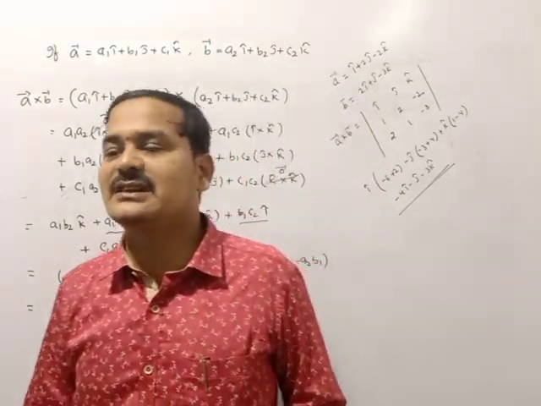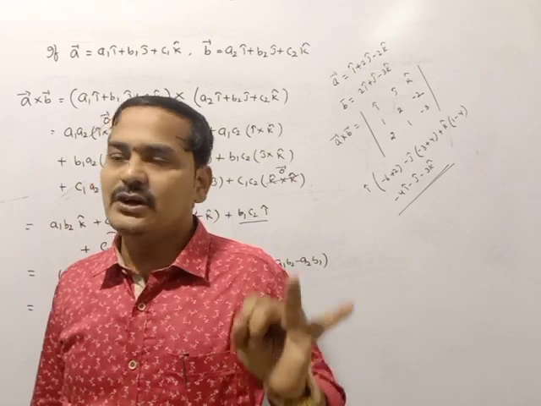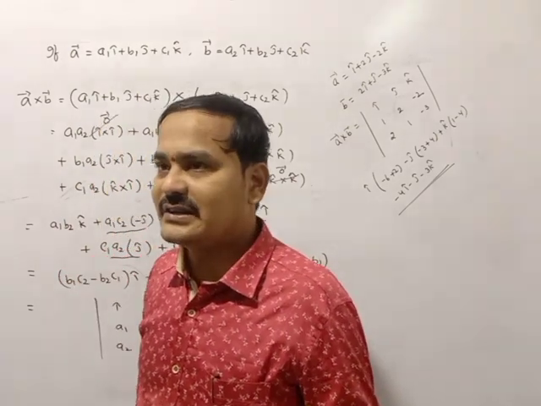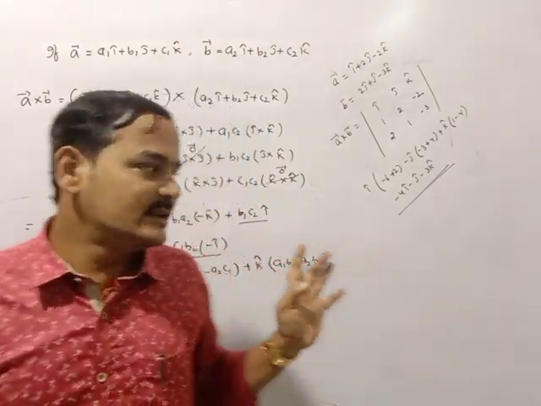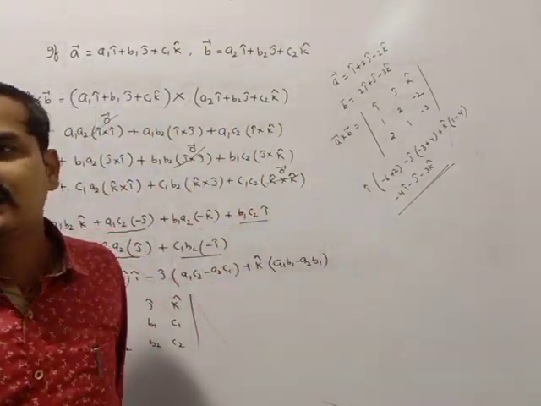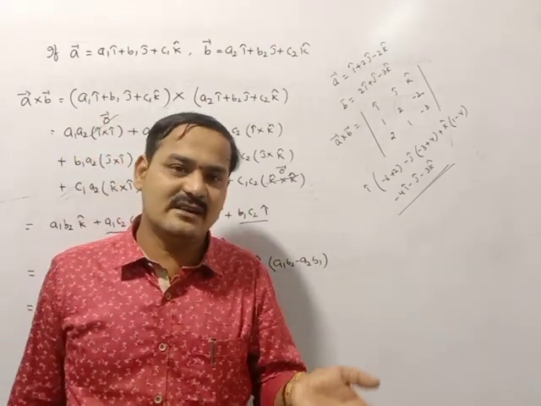So up to now you have discussed the definition of cross product, sine angle, unit vector perpendicular to both vectors, then the components of i bar, j bar, k bar, and finally you derived the formula for A bar cross B bar. In the next concept, you can go for the geometrical interpretation of cross product.